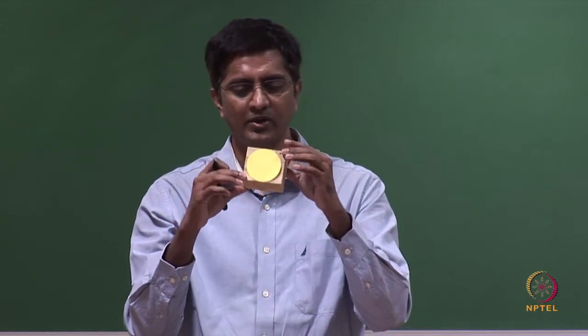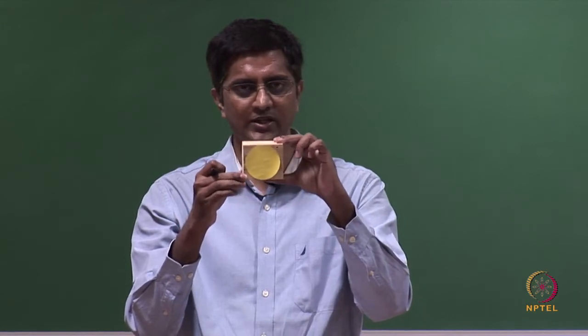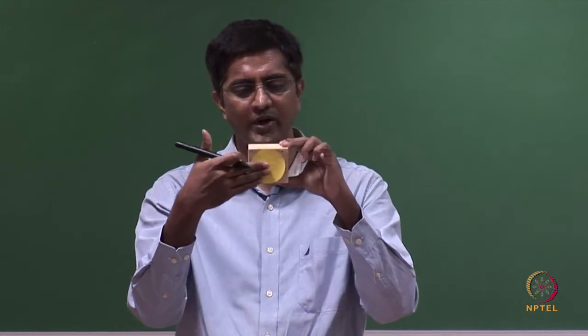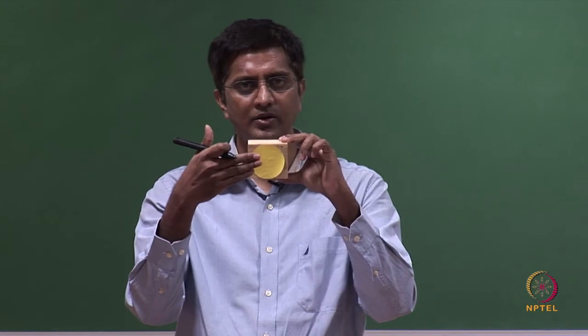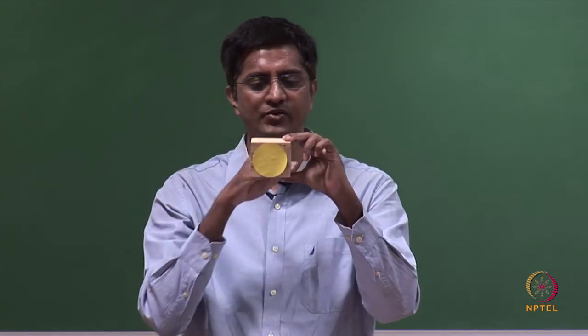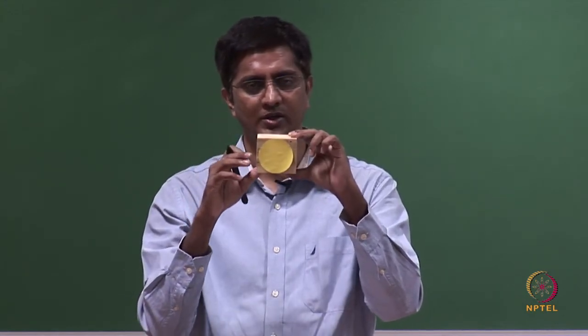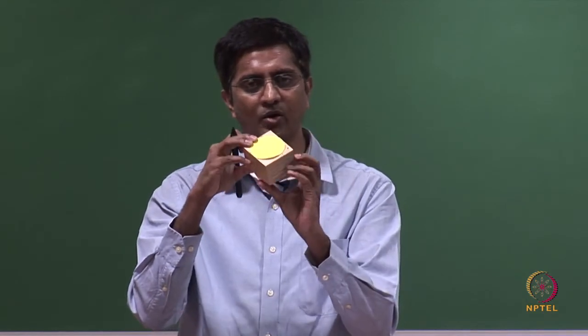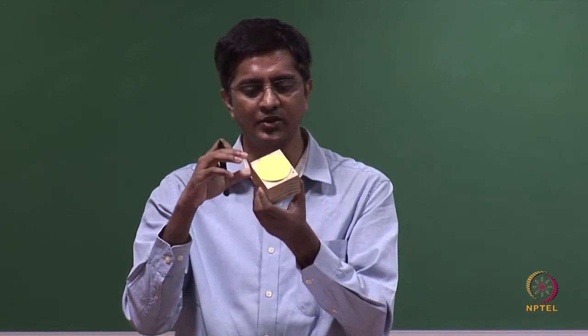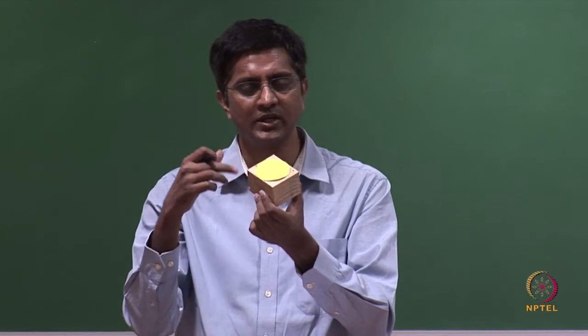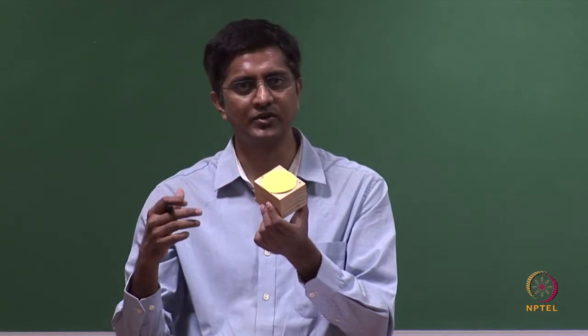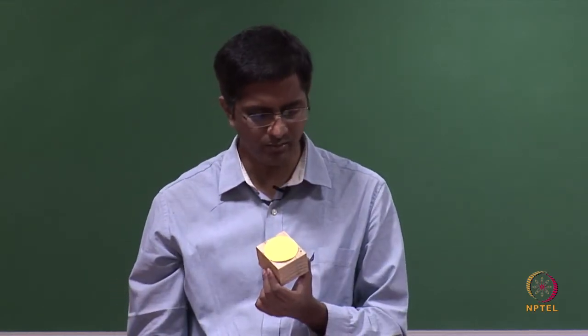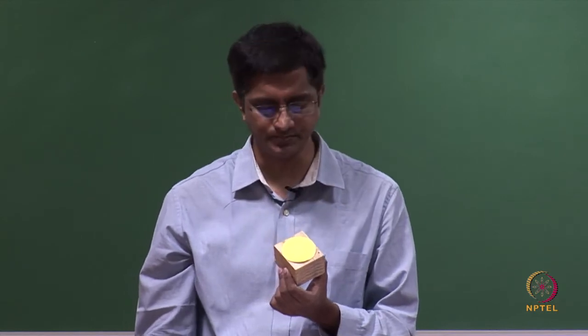Instead, if I was holding it as previously, you know how this front face looks, but you have no clue about how the other features of this object look. But the moment I orient the object such that you can see 3 different faces, you get a better understanding of the object. This we call the pictorial representation.